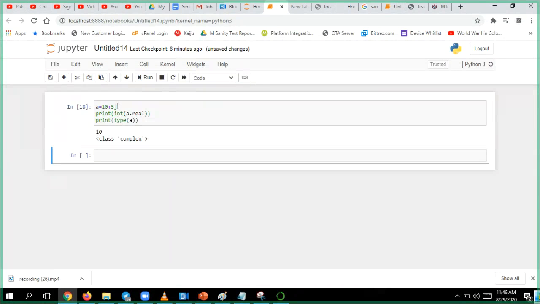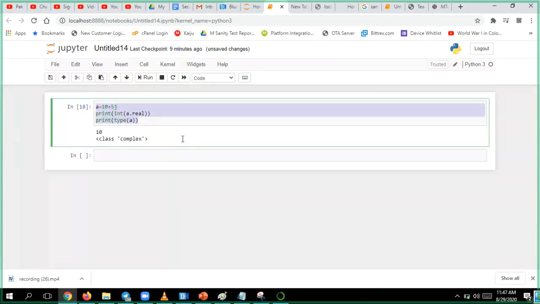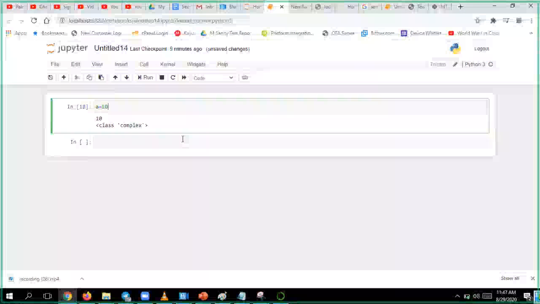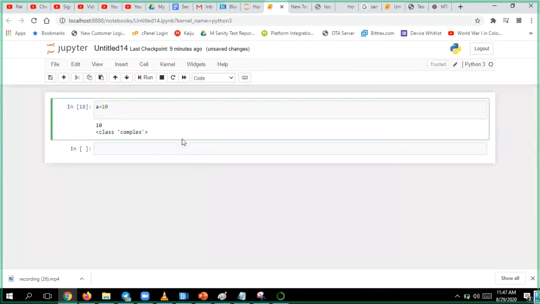Because this is giving me a float, right? Anything you convert, imaginary or real, will be returned as a float. I can convert it directly into int without any issues. Okay, forget about that. Now we are going to convert anything into complex. Example, say I have a is equal to 10. I want to convert it into complex. So now what can I do? complex of a, just give the value.